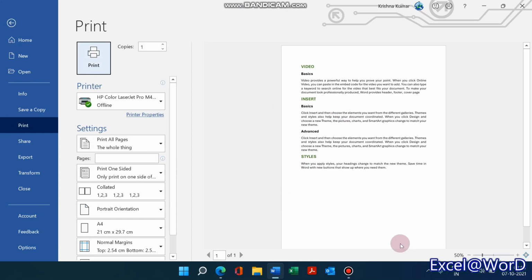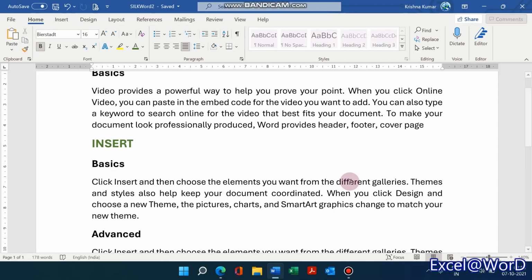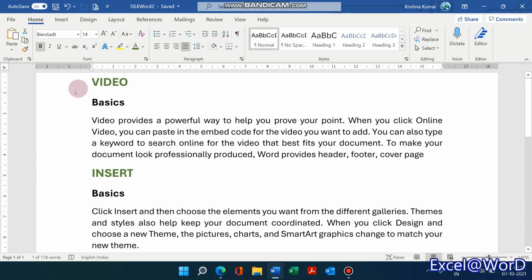Again, a quick preview to show you that video main topic, insert, styles are main topics, basic and advanced are the subtopics, and paragraphs are the normal paragraphs which describe the data under the subtopic. Now this is done using the font options.